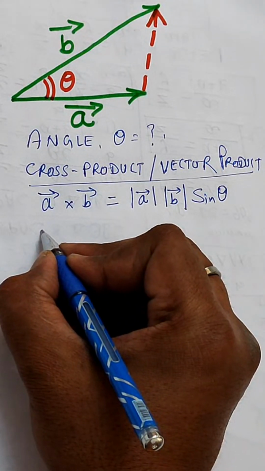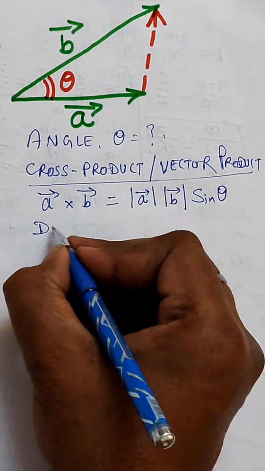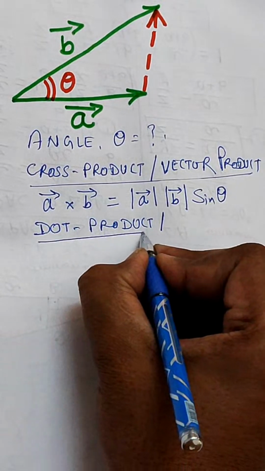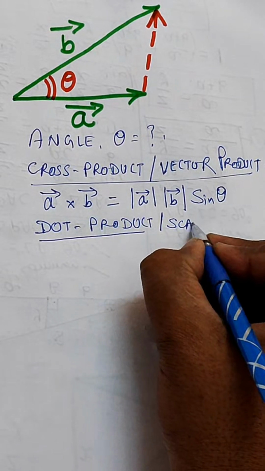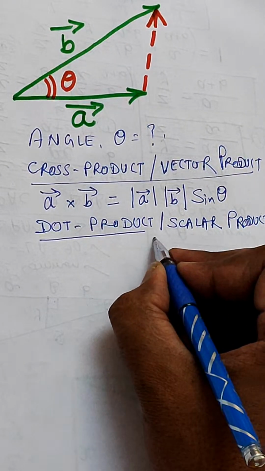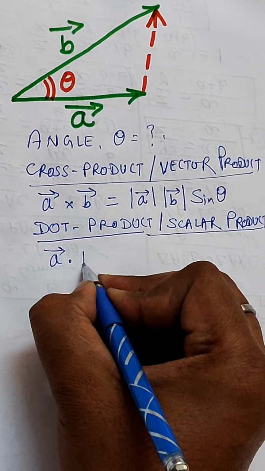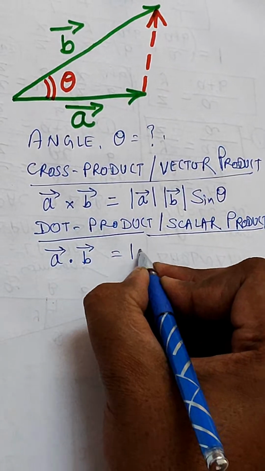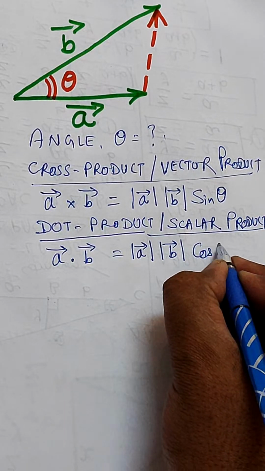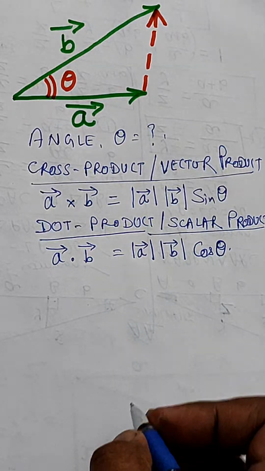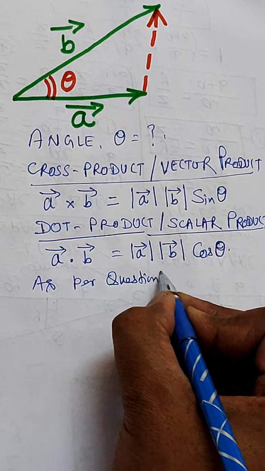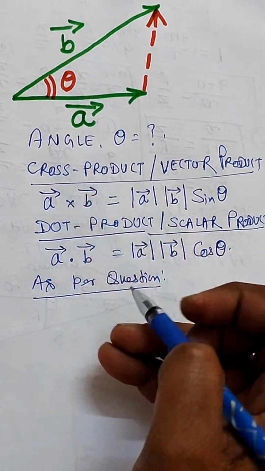And the dot product, also known as the scalar product, is written as A dot B, which is equal to the magnitude of the vector A multiplied by the magnitude of the vector B and the cos of the angle between these two vectors, that is cos theta. Now, as per the question, it's given that the vector product, that means the cross product